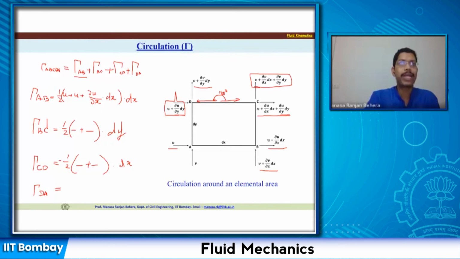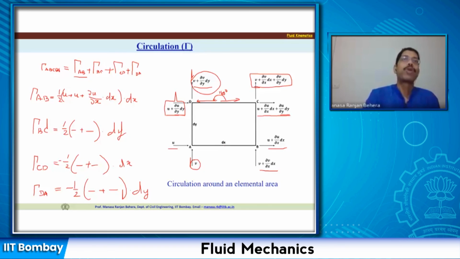And then if I calculate here again, what is the velocity? The velocity is v, and I have to take the average of the velocity here and the velocity at the other end, because they are varying linearly. Again this velocity is going to be negative, or v cos theta is going to be negative. So it is -1 by 2 multiplied by both the velocities, multiplied by dy. I will calculate the circulation for each segment and then add them together to get the total circulation.